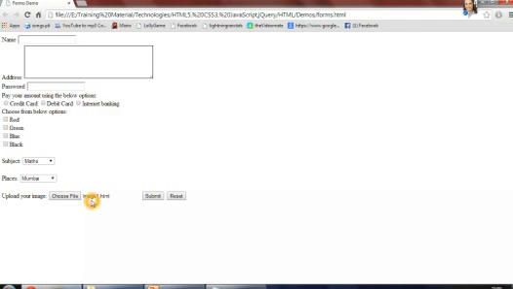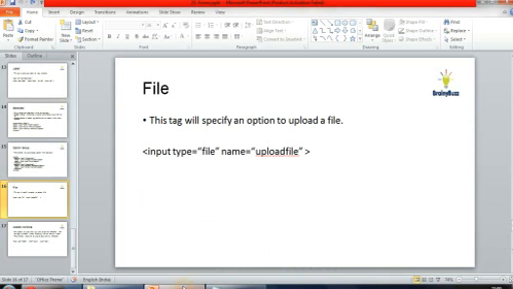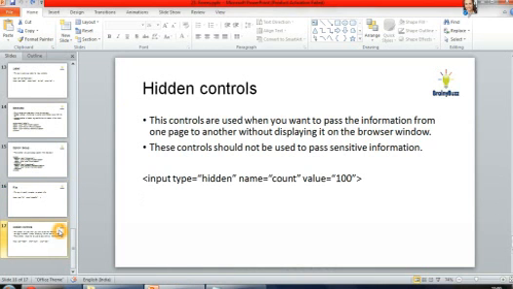So you got the image1.html file, and you can just submit. Whenever you have attachment options, like you want to upload your image, or any document, your CV or anything like that, you can upload it using the file type.